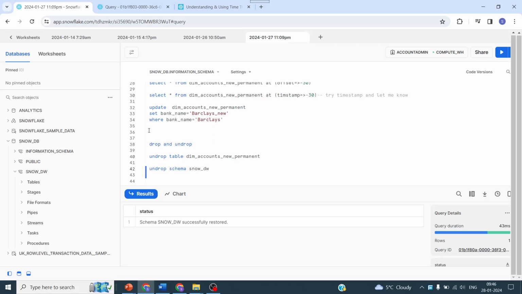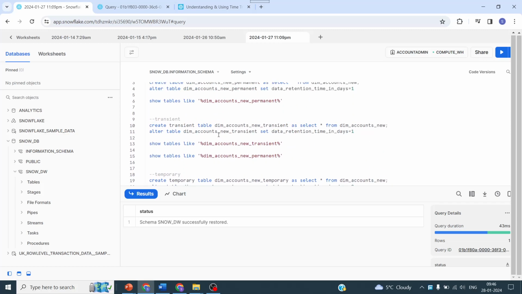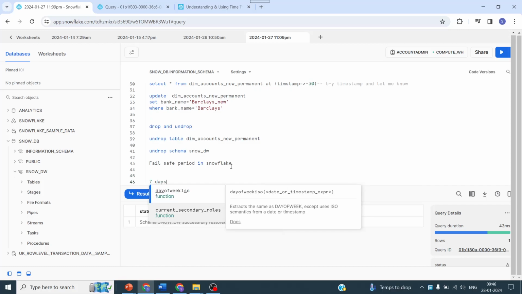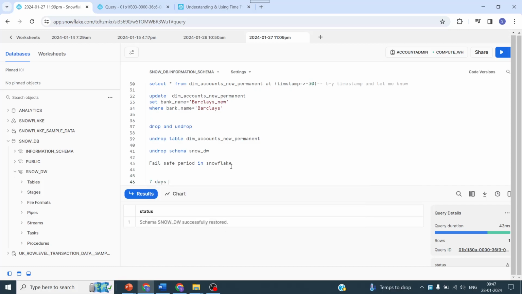So guys, that's it about drop and undrop. Okay, so we have covered time travel, we have covered the retention days, and we have covered drop and undrop. And now the last thing, which is a little subjective and a simple summary, is the fail-safe period in Snowflake. So this is basically a time frame of around 7 days, after the retention